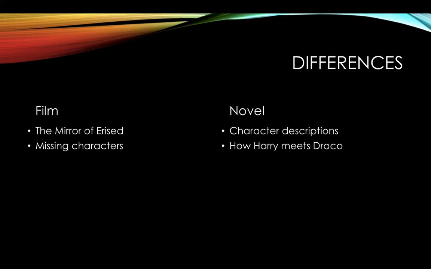And then lastly, there are some missing characters, and that's going to happen in any film. One missing character specifically that I missed in this movie is Peeves the Poltergeist. In the novel, he was kind of a fun character that was here and there, and you got a little background story from him. You get him having some snide remarks toward Harry, and I missed that in the film. So overall, those are very nitpicky details, and the differences obviously don't change the outcome of the story. But there are differences, and overall, though, I really appreciate the film.